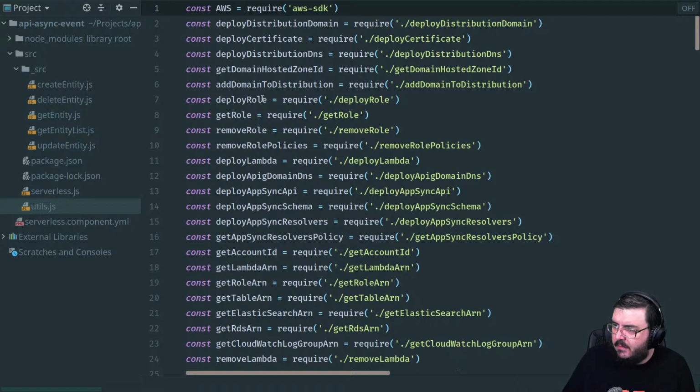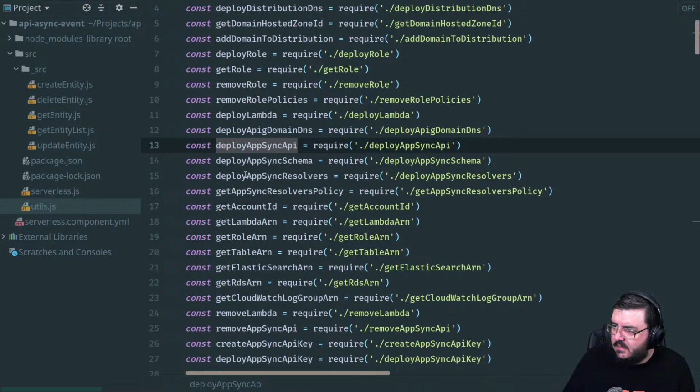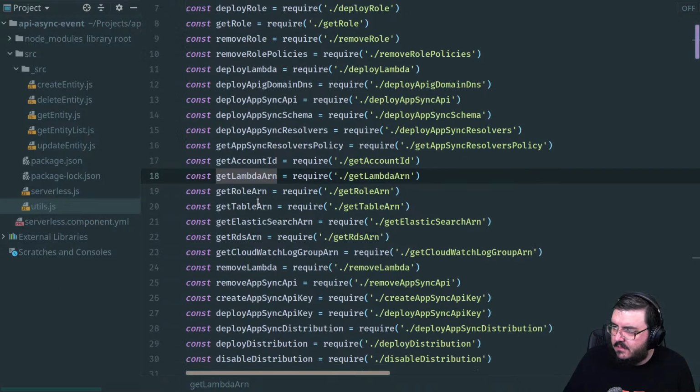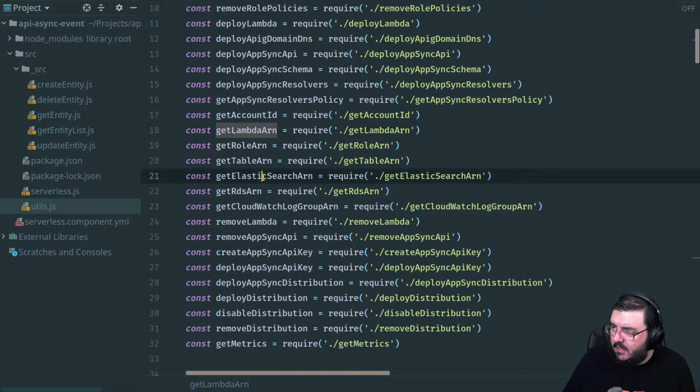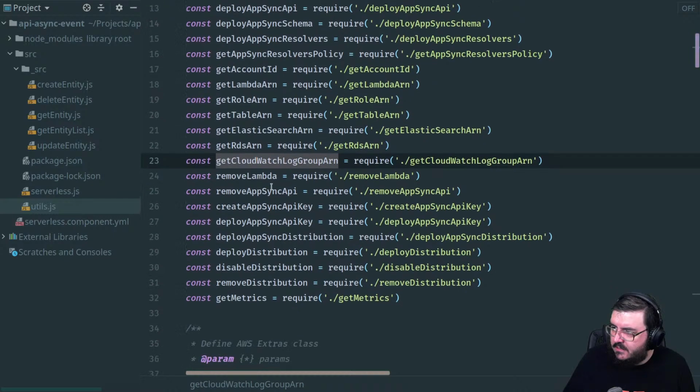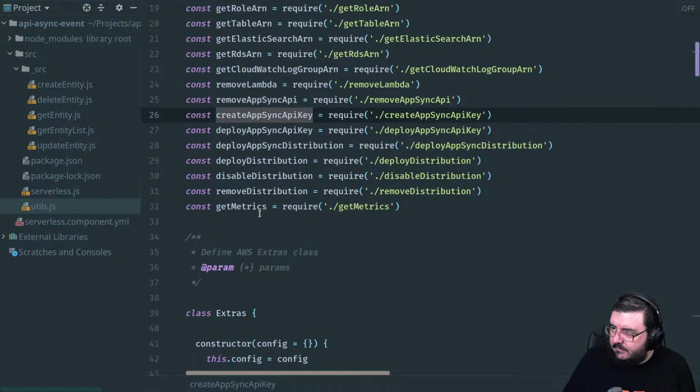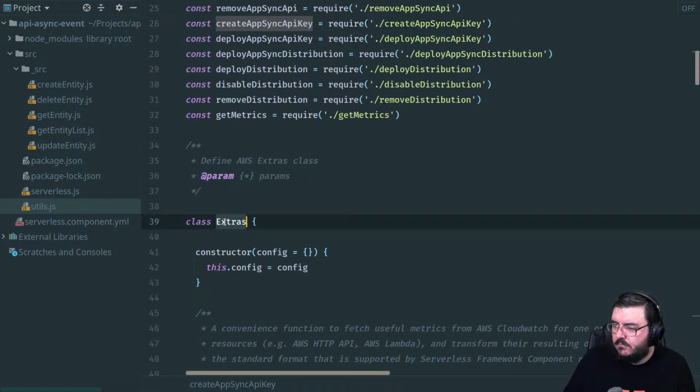So what I'm looking for, that's fine. We've got to deploy lambda. Some AppSync features over here, which is nice. Yes. Role, table, Elasticsearch, RDS. Some extras.